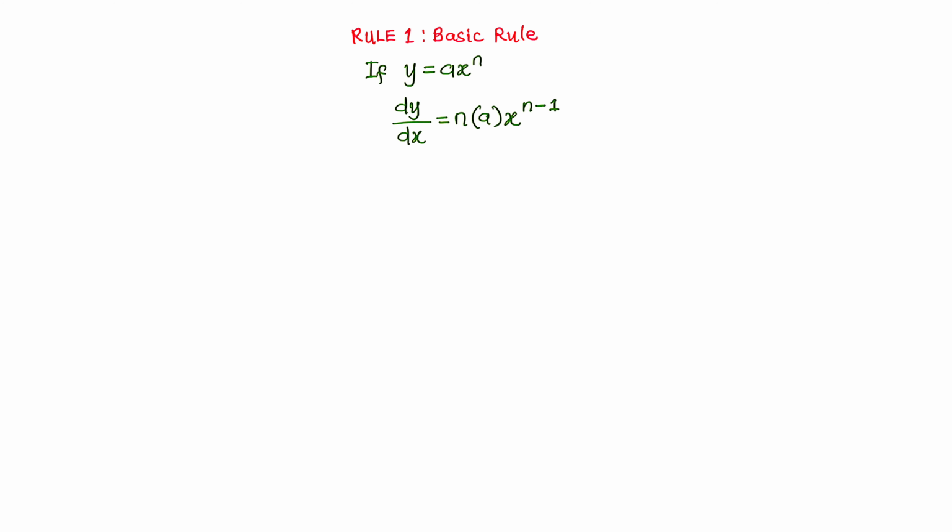The basic rule of differentiation says bring the power down, multiply it with the coefficient, write the variable back, subtract 1 from the power. A quick example: if y equals 3x raised to power minus 2, that means dy/dx,